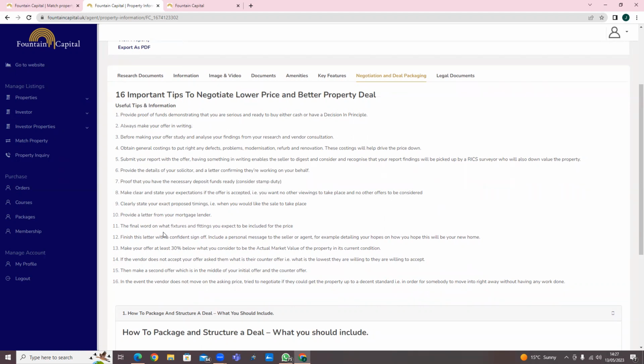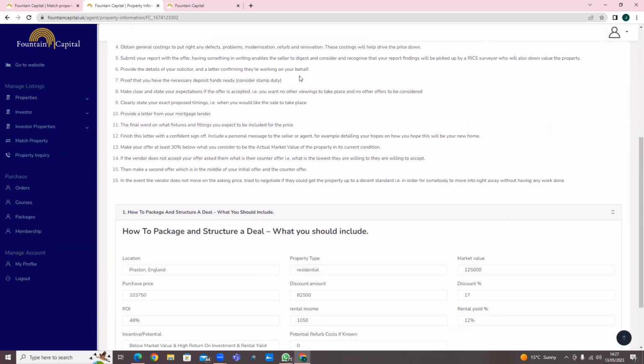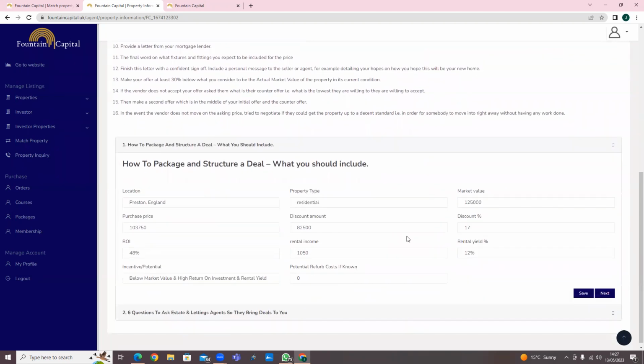So you have all the steps, right? So that we finish with a letter with a confident sign-off, include a personal message to the seller or the agent. So you have every single step, or most of the steps that you need to be going through here. Once you've gone through those steps, right, then this is showing you how to package and structure a deal. So basically, when you're presenting the deal to an investor, the investor is going to want